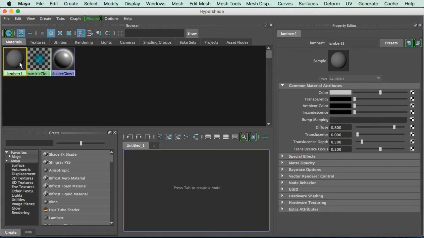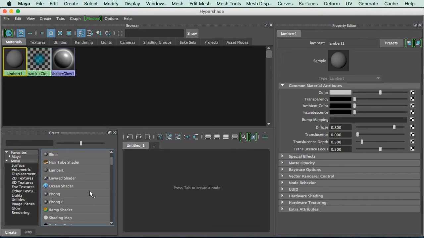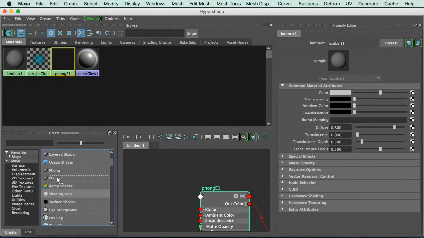Matte, yeah, very diffuse, right? Absent of any sort of reflections or shininess whatsoever, right? In comparison, if I was to create a new material here real fast, let's do it real quick. Let's do good old Phong E. Okay, if I created a Phong E,